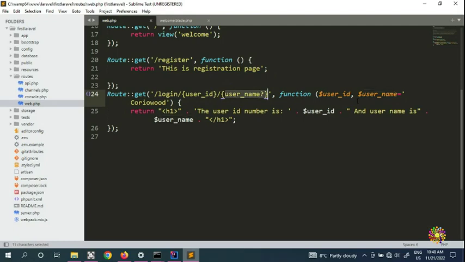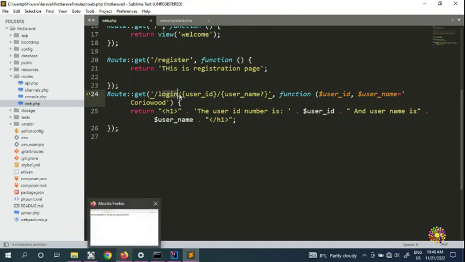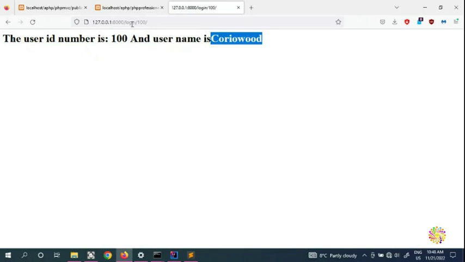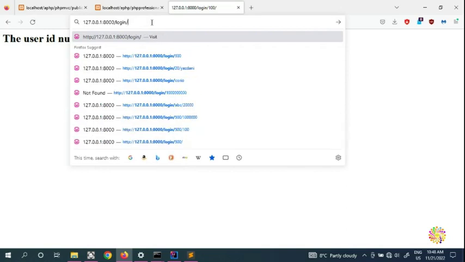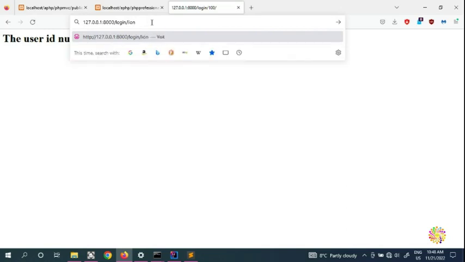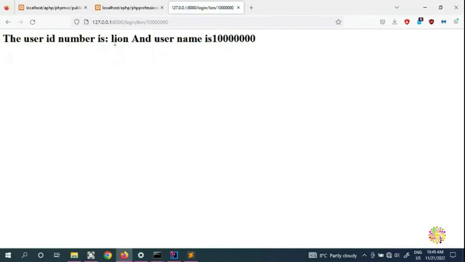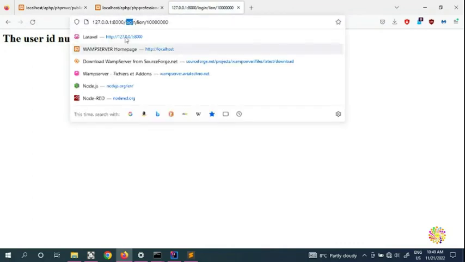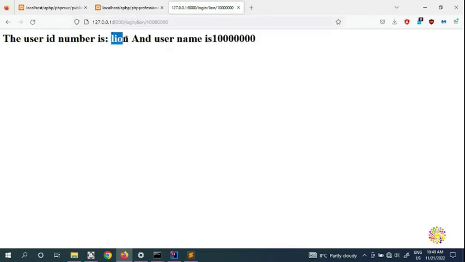and the username. Alright, so now what happens if we put a program like this, with a nice login page, and we want the user ID and the username, and some Mr. XYZ or Joe Blow comes here and puts quite the opposite? Instead of the ID, Mr. Joe Blow is going to put, for example, lion, and instead of the name, Joe Blow is going to put 10,000 or whatever number. And if you look here, the login page URI accepts the lion and accepts this number here, the scary number. And both of these are very bad